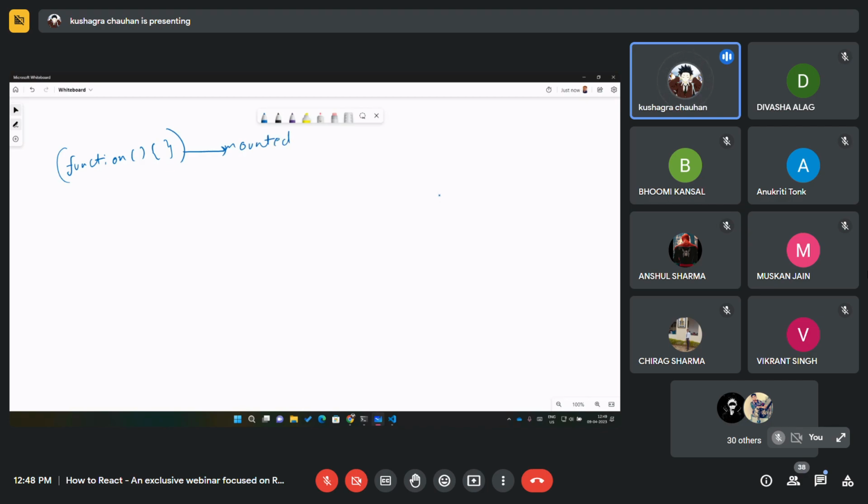Okay, now according to your states, this component will re-render itself, and there are many more things than states in React. For example, there are effects in React. Effects are something like